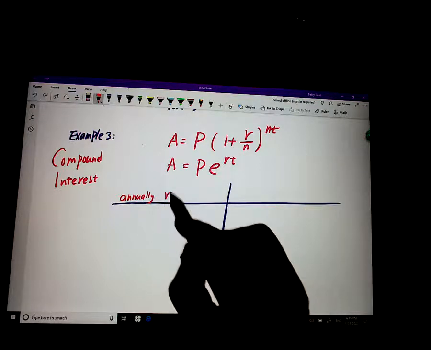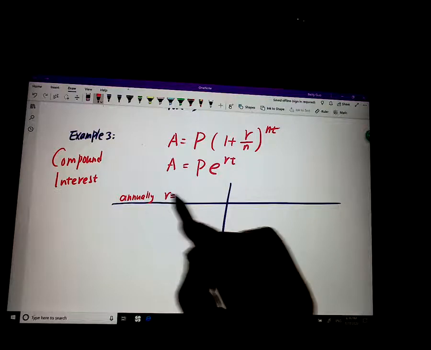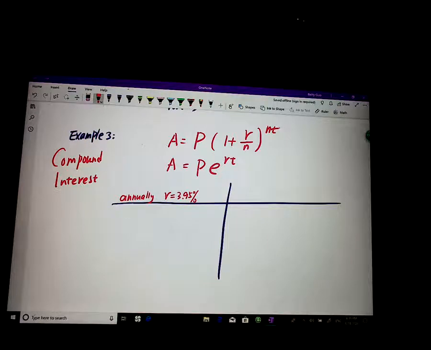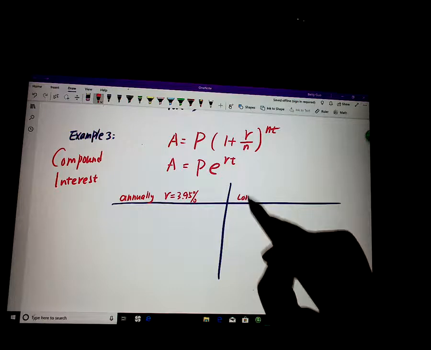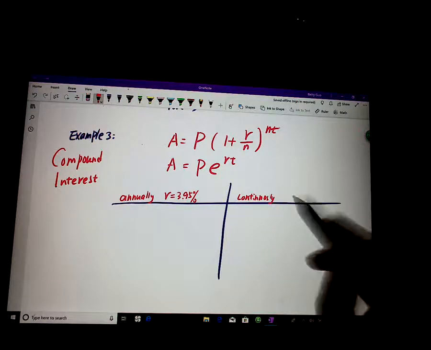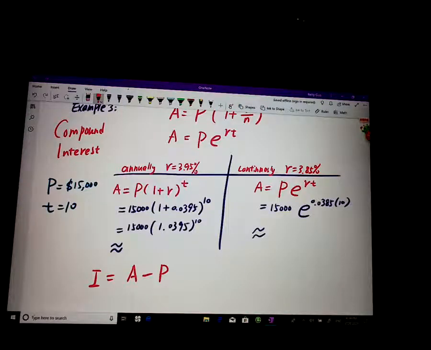And r equals, what is r? 3.95%. That's the APR. And another account that compounds continuously. The APR is